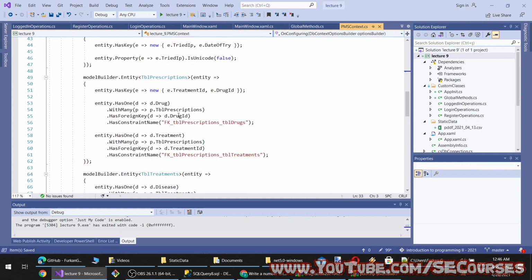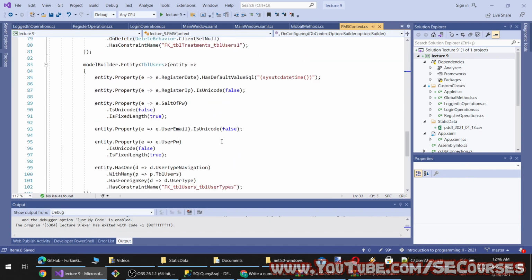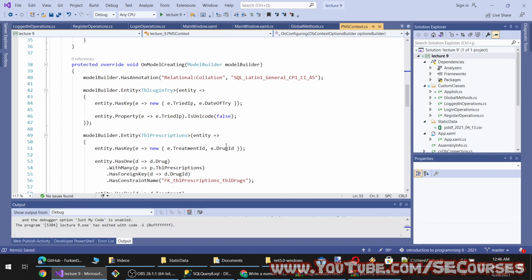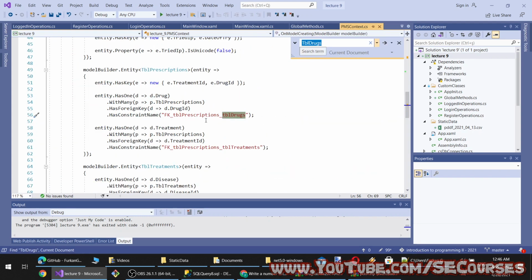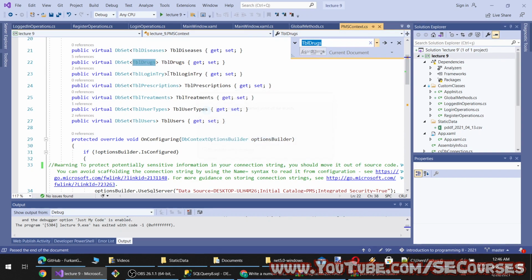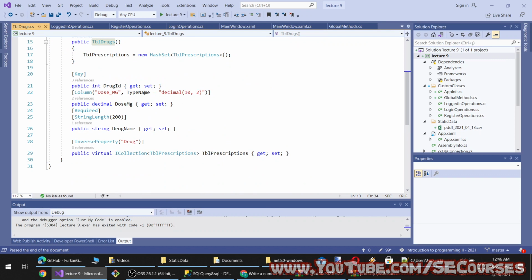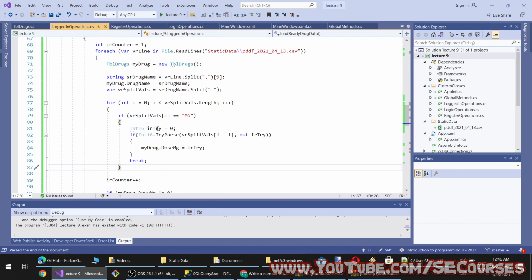So now, drug milligram will be a type of, let's see, what is this? Let's go to the class. It will be type of decimal. Yes, and you see decimal. Okay, so we are going to change our try parse into decimal.